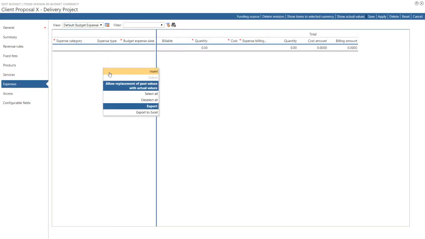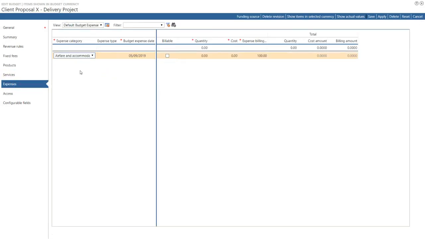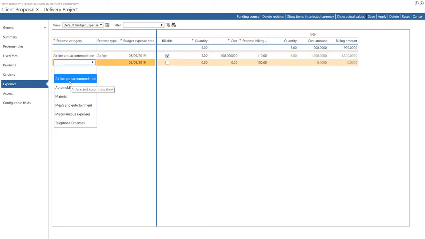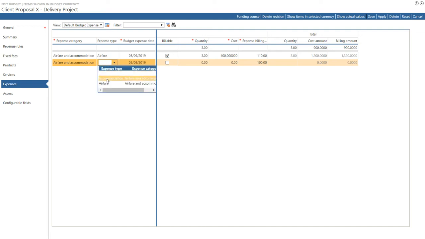And for the expenses, we're going to add some airfare as billable expenses. Let's say we have a number of 3 with an average cost of 400. And we're going to bill this at 110%. So there is a bit of markup. The same we'll do for accommodation, billable, 9 nights with an average cost of 250 euros to be billed at 110%,